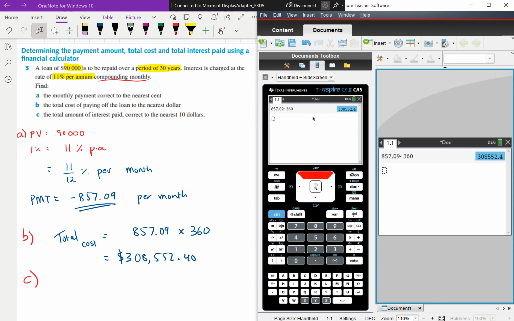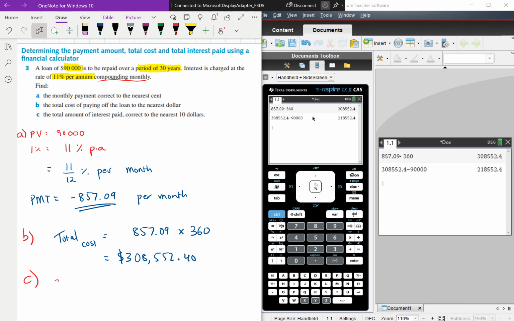So you would then say, this is how much I've paid overall in 30 years, minus 90,000. I've paid now a total of interest of $218,000 in total. So that's a crazy amount of interest based on what they've given us there, 11% per annum. That's huge. Okay, so I'm going to write here 800, take the total, $308,000